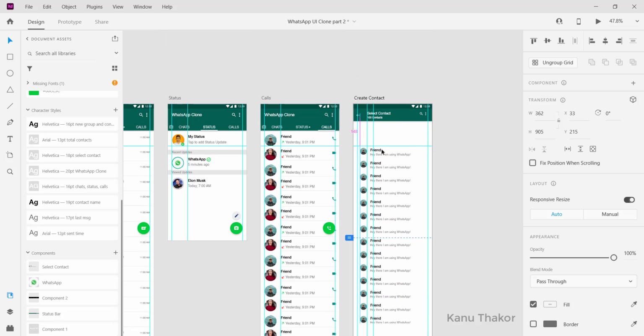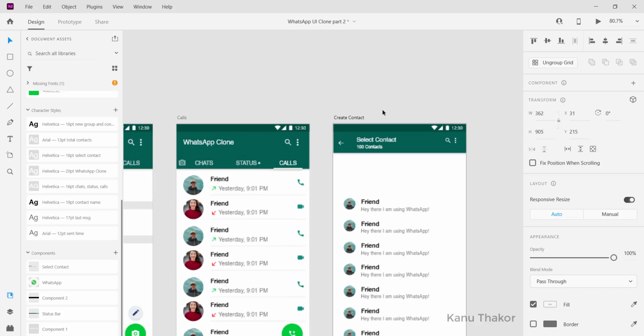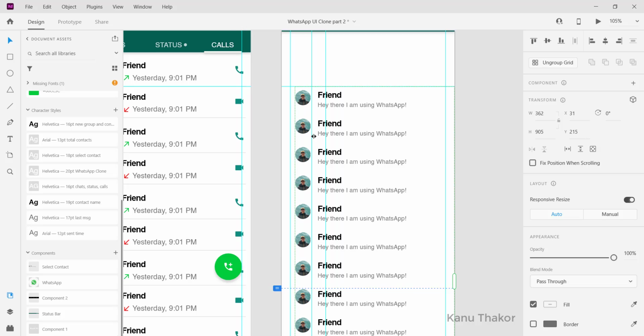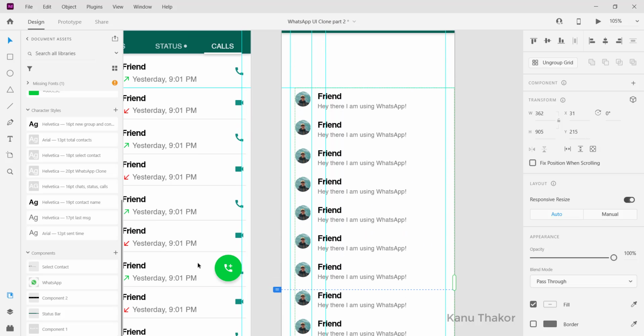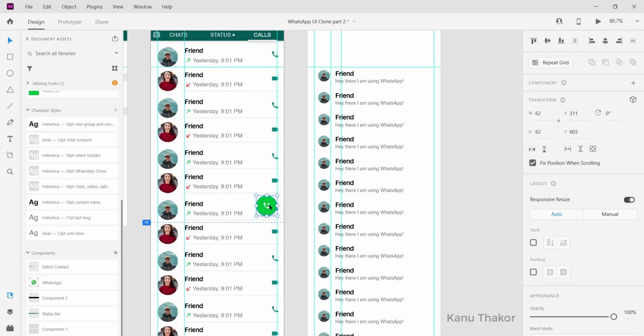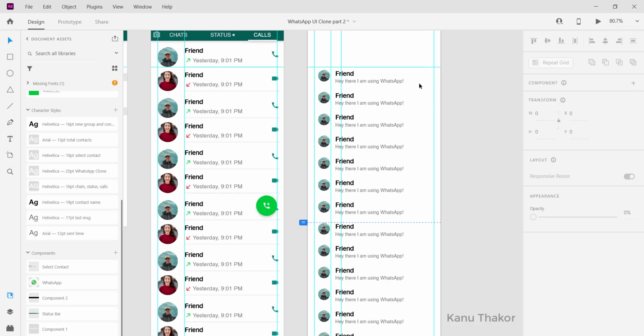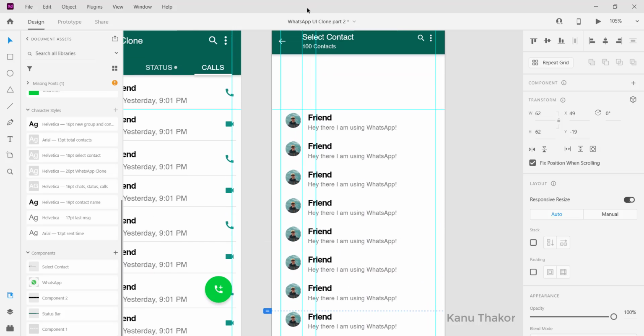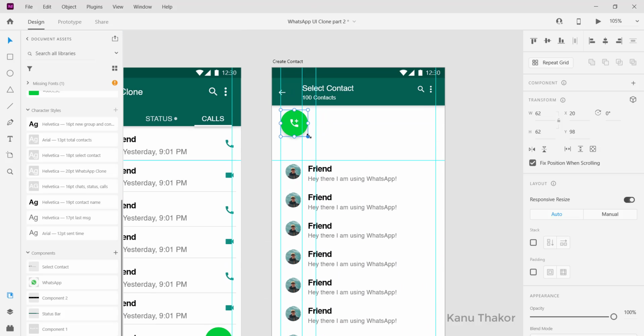This is the contact list to show, and before that there will be an option of creating a new group or creating a new contact, and for that we are going to simply copy one of this button icon. So select it, copy it, and then select this artboard and paste it, and we will bring it to the top here and decrease its size.